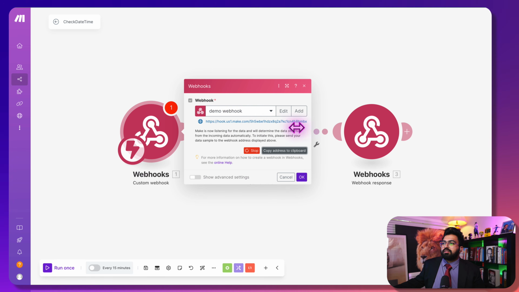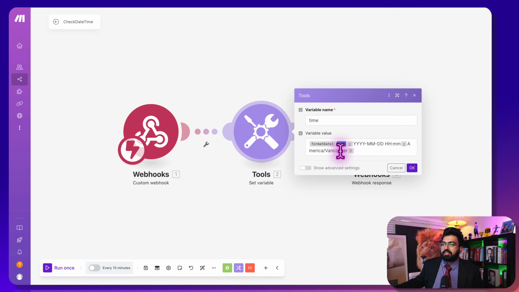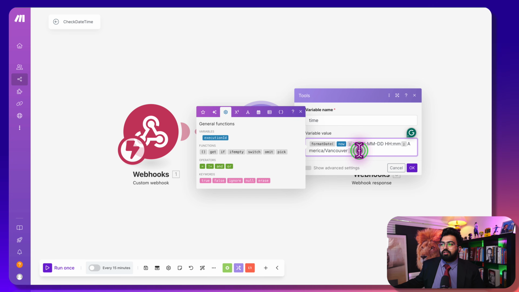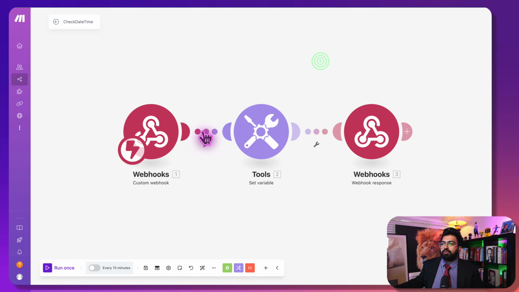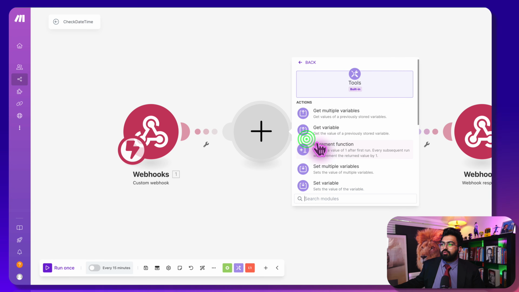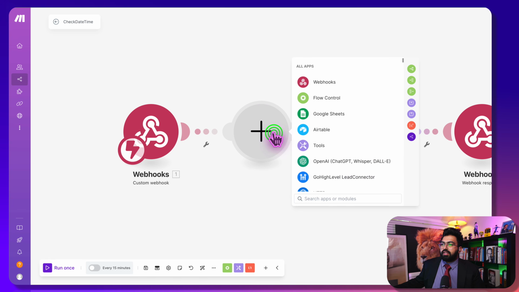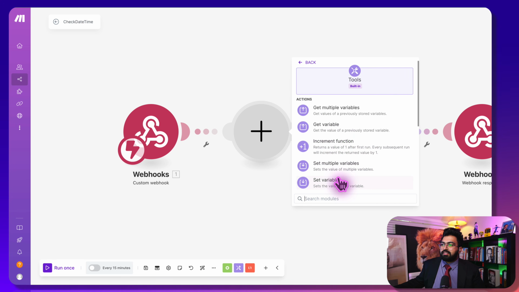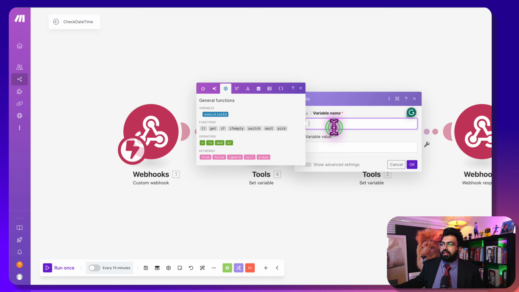So let's go back here and finish what we have started. Okay, in the tools section, you just need to add this format: now, semicolon, year, hours and minutes, and my time zone, America/Vancouver. So to do that, let's say you add a new module and go to tools, and Set variable is what you need to select. Set variable, and variable name,